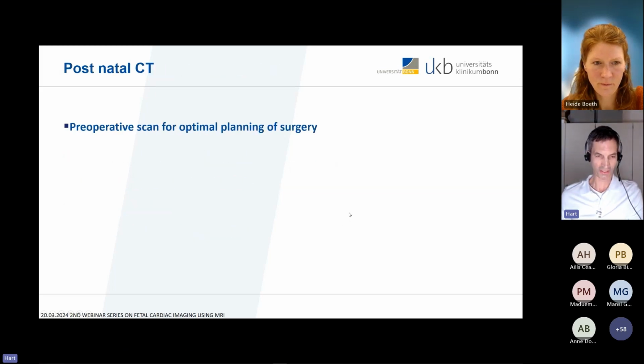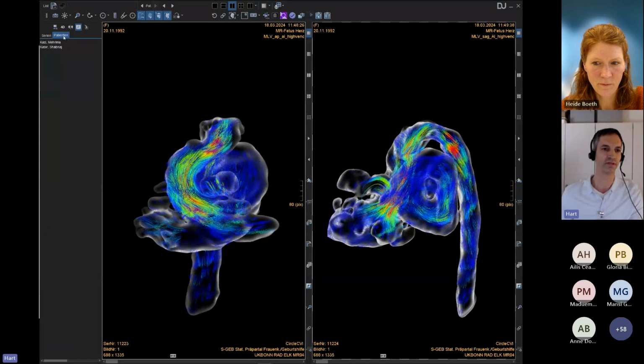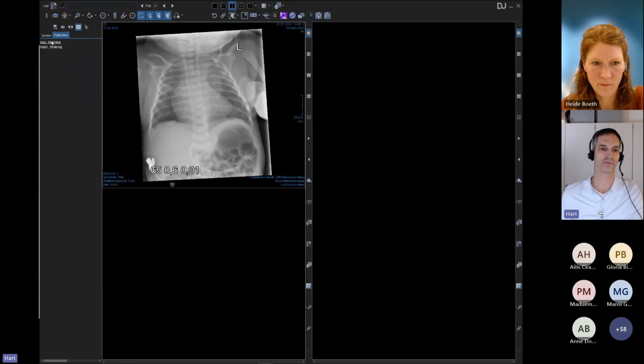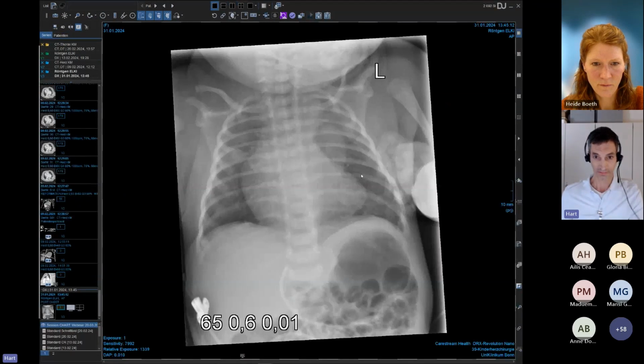Very interesting. We still need postnatal imaging. So I show you the images afterwards, after delivery. And the child proved us wrong. It did not need any mechanical ventilation and showed a quite good adaptation in the first few days of life. But you can see this is the enlarged left pulmonary artery here on X-ray.